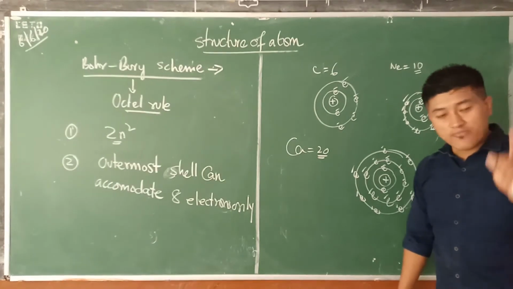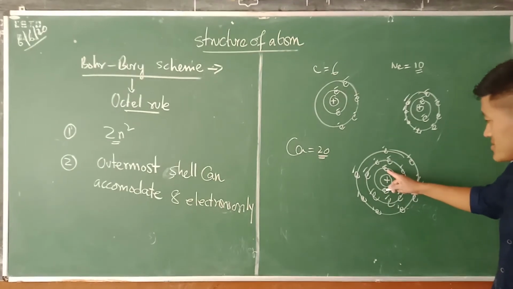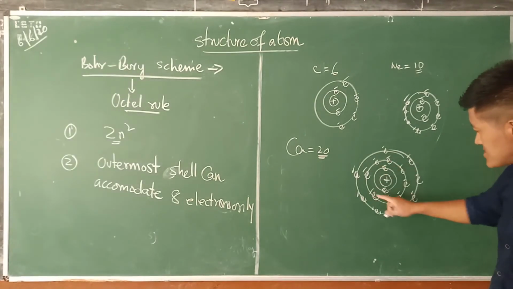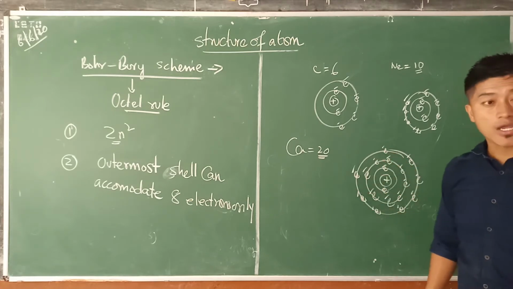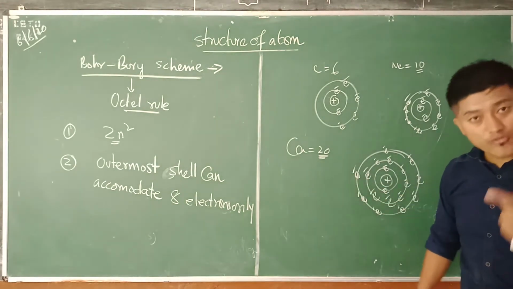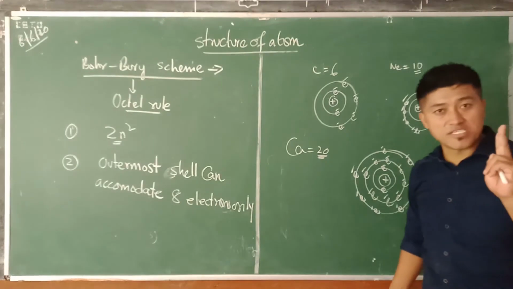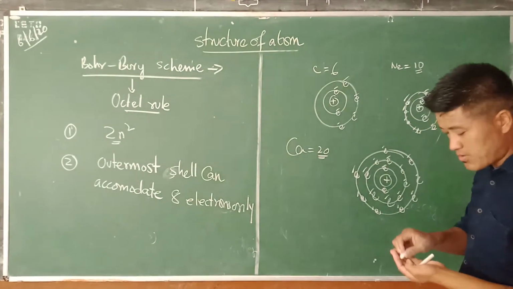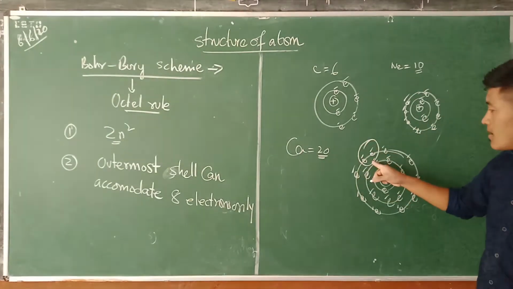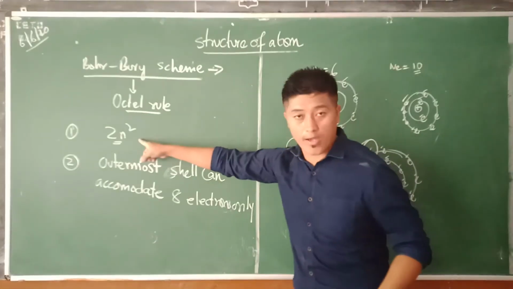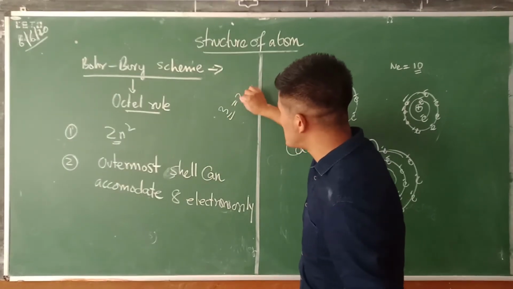Now all of you please listen very carefully here. Calcium is atomic number 20. When you sum up, that is 18. That means in order to become 20, we have to write 2 more. Understand? So now I have 2 kinds of possibilities here. Either I can write here, I'm going to circle it, 9 and 10, these 2 electrons, because according to the 2n square formula, in the third shell,